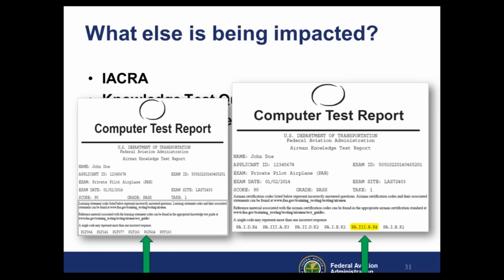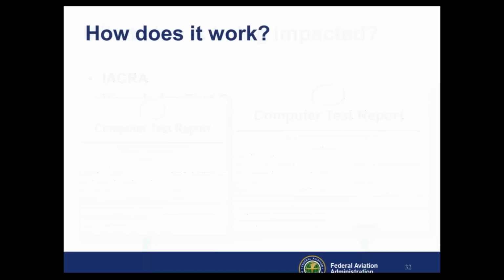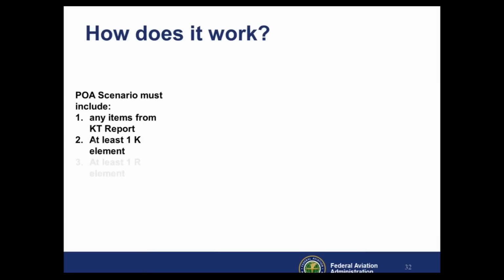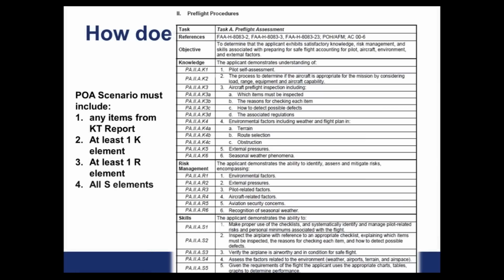In the future, we are going to print the ACS codes directly on the knowledge test report. We're really excited about this future update. You can imagine how easy that would be. This should look familiar to you because this is what we already looked at. But now you would have an ACS code directly on the knowledge test report, and you can go straight to it when preparing for the plan of action. That would really make things much simpler. You wouldn't have to search for an appropriate match.